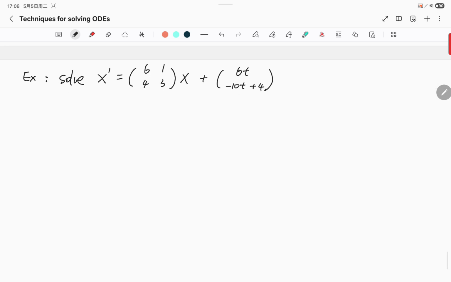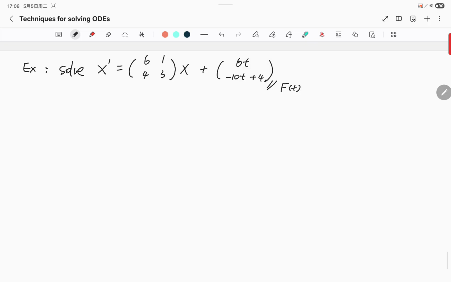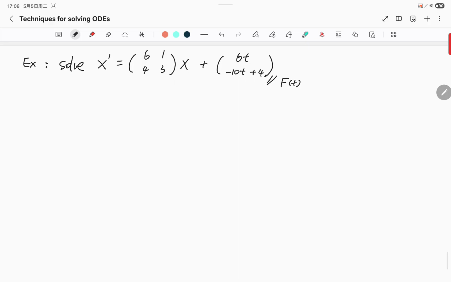Okay, the last example I'm going to do is this. Again, this is my f of t. The idea is pretty much the same thing. Find the complementary solution, find a particular solution. xc is going to be one of the 3 cases. You just forgot the complex case because it's really long, and then use undetermined coefficients to solve for f of t. So now we do